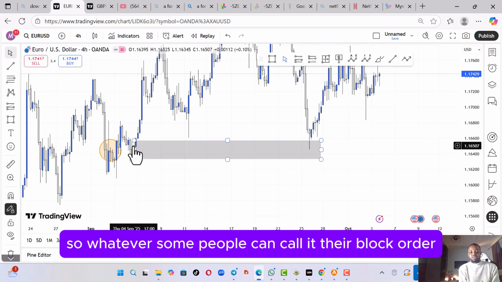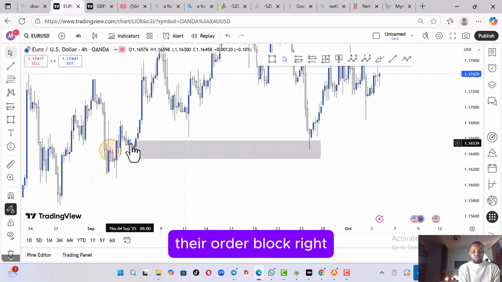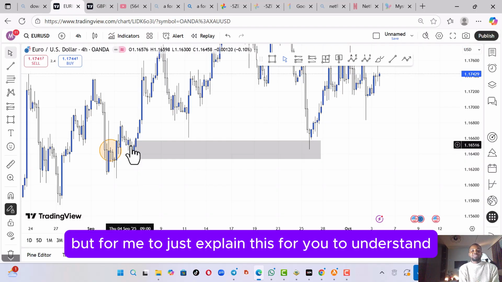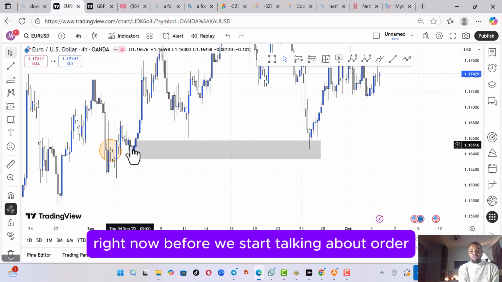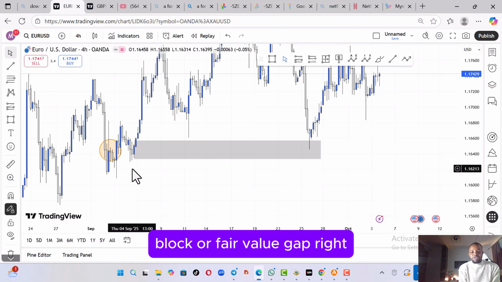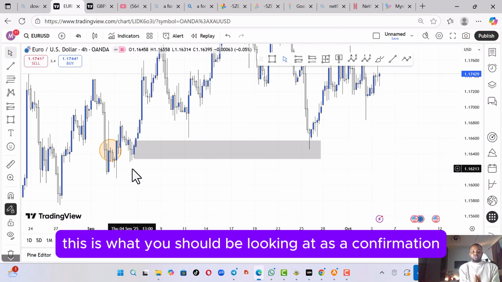Some people can call it their order block, right? But for me to explain this for you to understand right now, before we start talking about order block or fair value gap, right? This is what you should be looking at as a confirmation before you